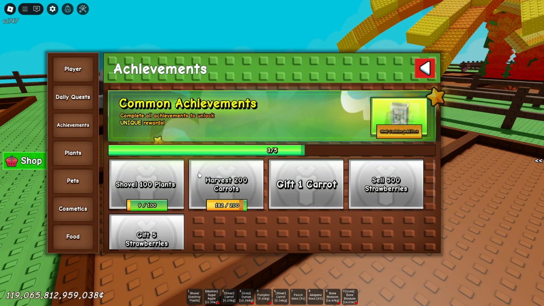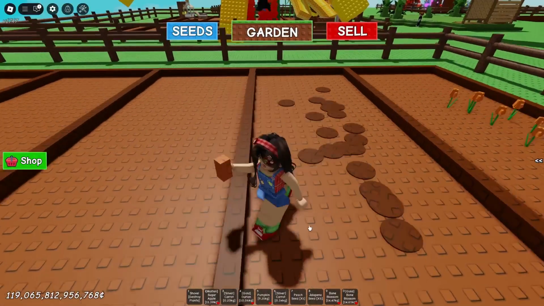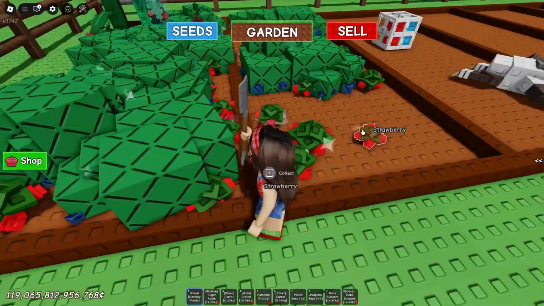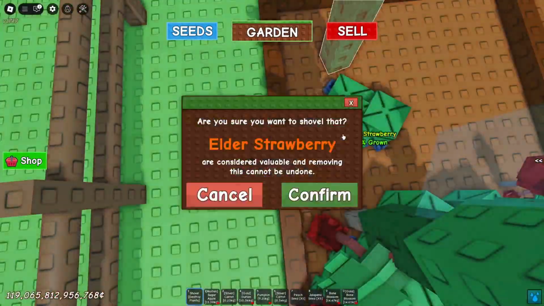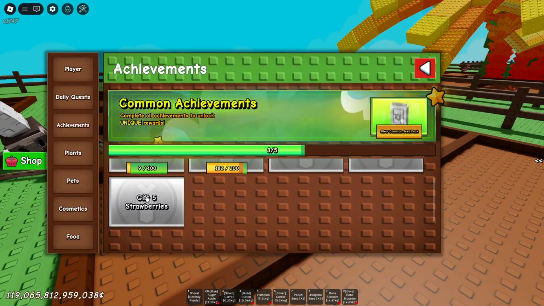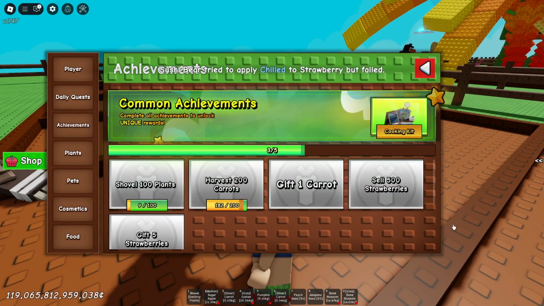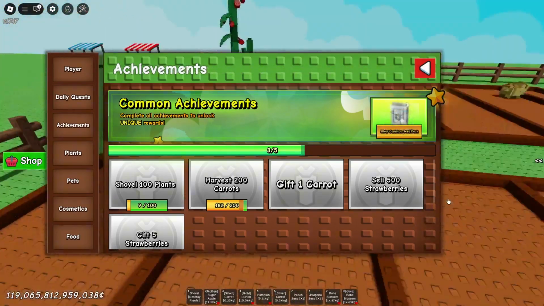quests. I don't know, these tasks to get the cooking kit. So you'll need to gift 1 carrot, sell 500 strawberries, gift 5 strawberries, harvest 200 carrots, I think I said that, and shovel 100 plants. Now for the gift 5 strawberries, you cannot trade, so you have to gift it like one by one to another person. And I'm just going to finish the rest of the tasks here and get the cooking kit, and